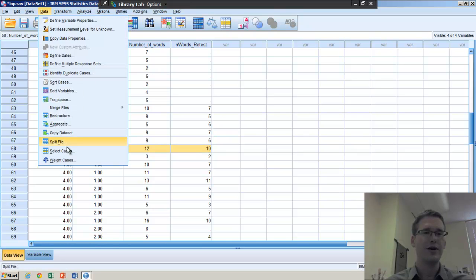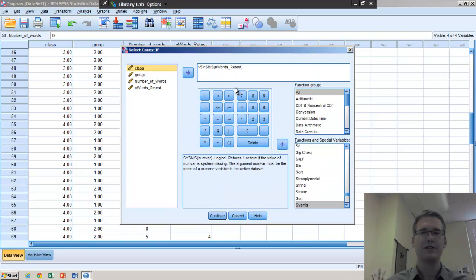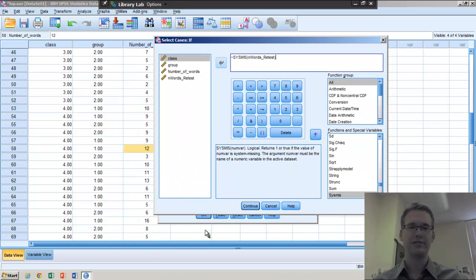To do that, we're just going to go ahead and again restrict ourselves to just some of the cases. And we're going to use again the condition if. So we're going to include cases if, and this is the function system missing. So basically the function system missing will return true if the variable number of words retest is empty. So if you see a period in the variable here, like right there, that's a missing value. So there's no retest score for that person. So we're going to choose only the cases where